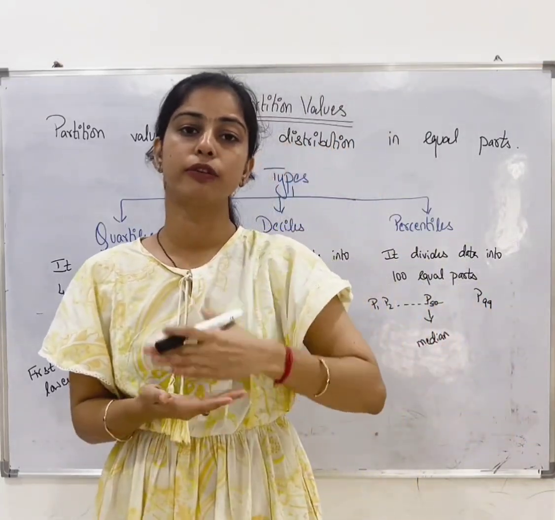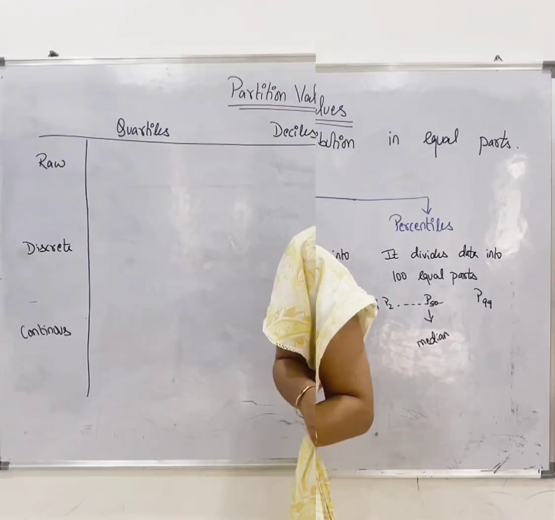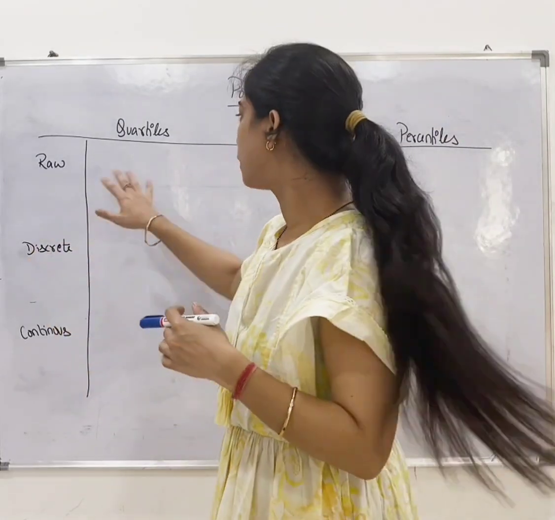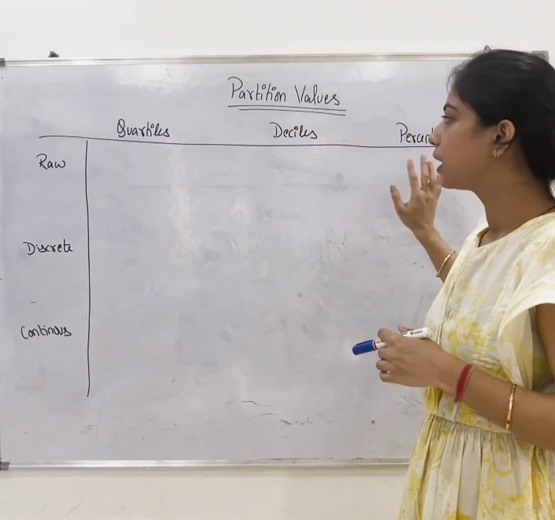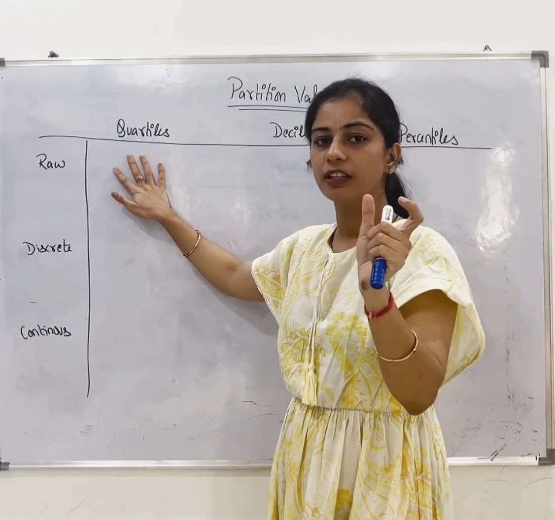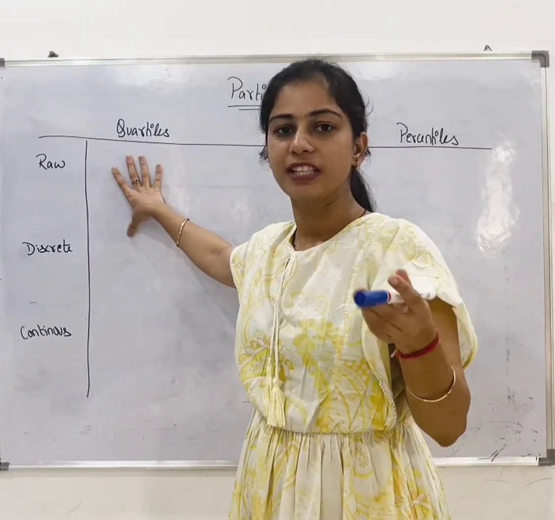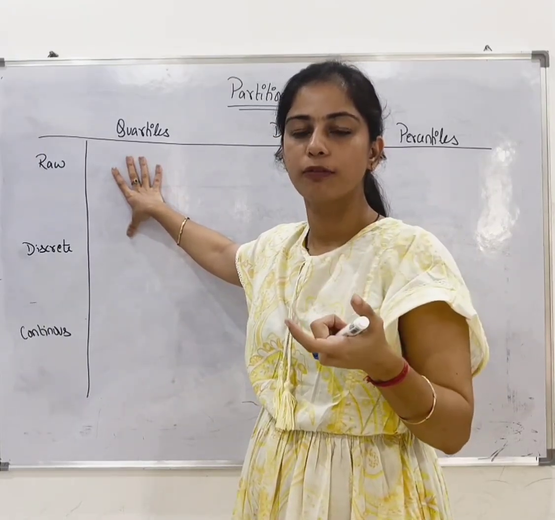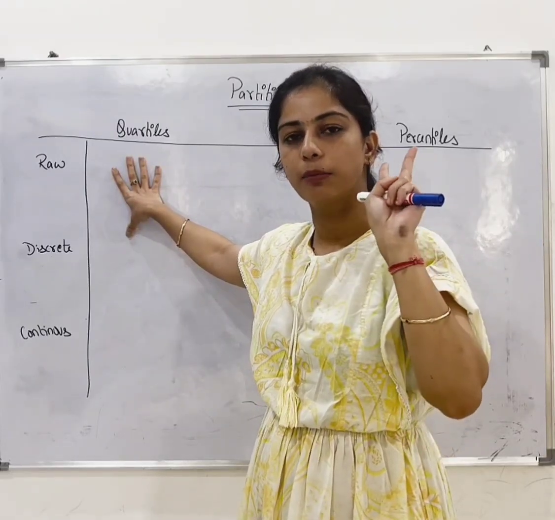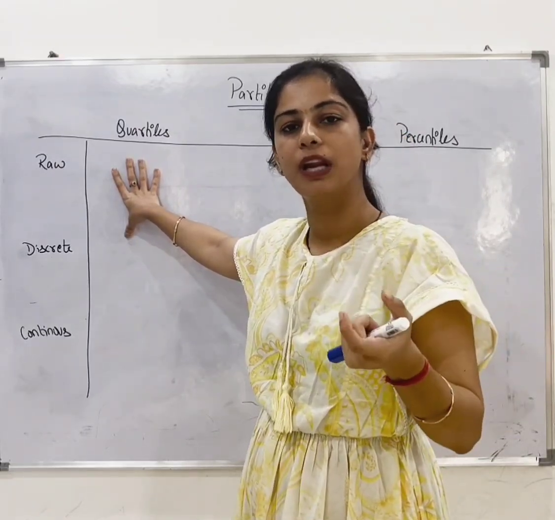Now let us look at the formulas we can apply for raw data, discrete data and continuous data, for our quartiles, deciles and percentiles. Since quartiles divide the data into 4 equal parts, the denominator here will be 4. For example, when we look at the formula for median, in all the cases, raw data, discrete data or continuous data, it is divided by the number 2. In the same way, for quartiles, since it is dividing into 4 equal parts, the denominator will have a 4.